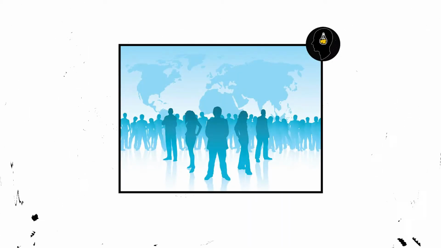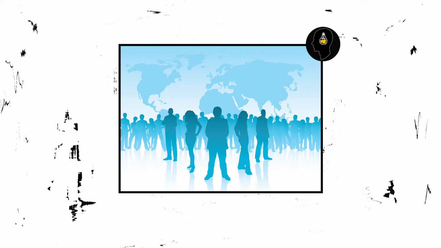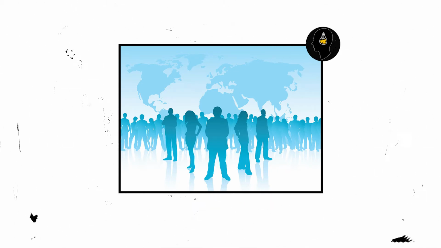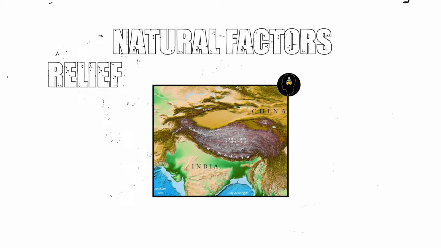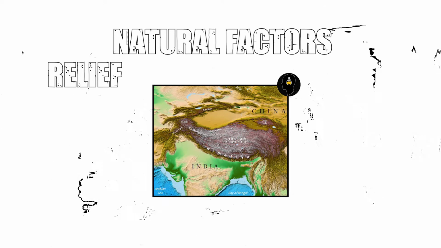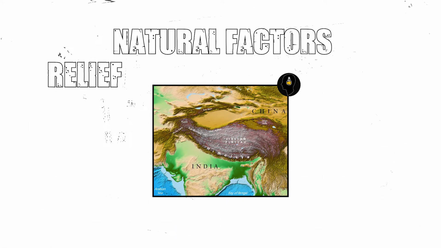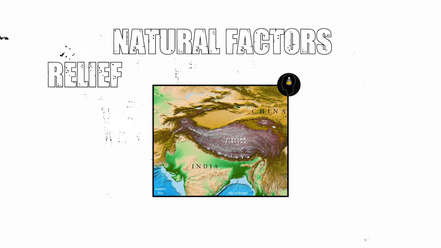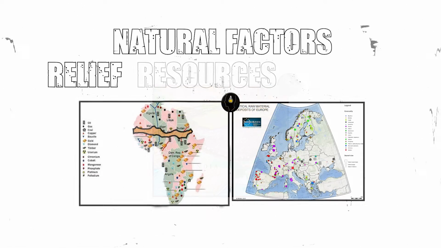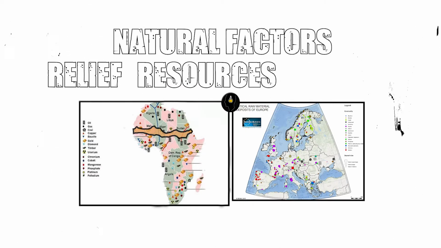To get into it more, let's see the factors that influence population density. These can be natural and human factors. There are three physical factors that play in. First is the relief, which is the shape of land. In lowlands, flat areas, population density is higher, for example India, while in mountains and highlands it's lower, for example the Himalayas.